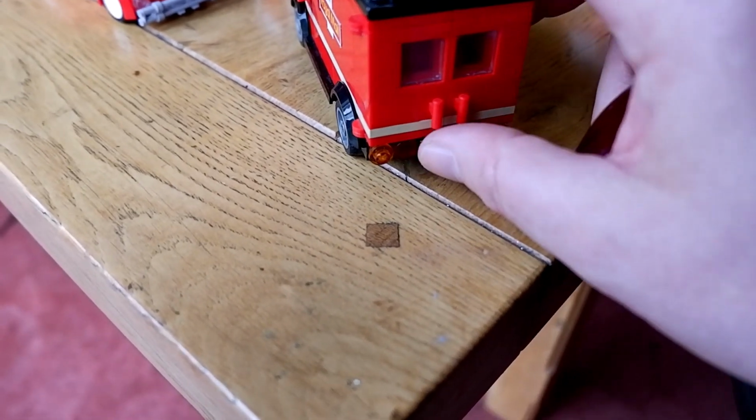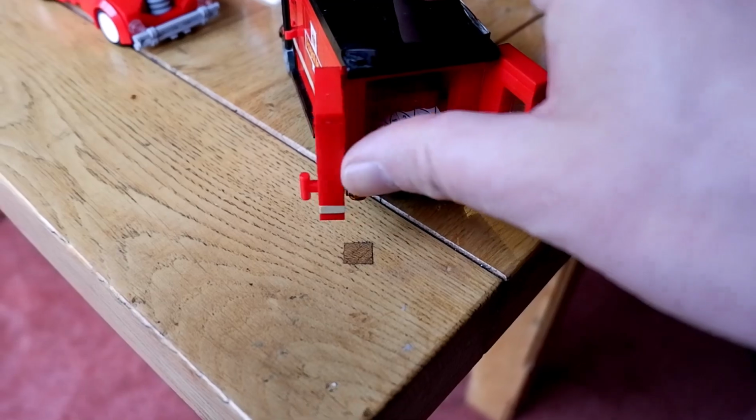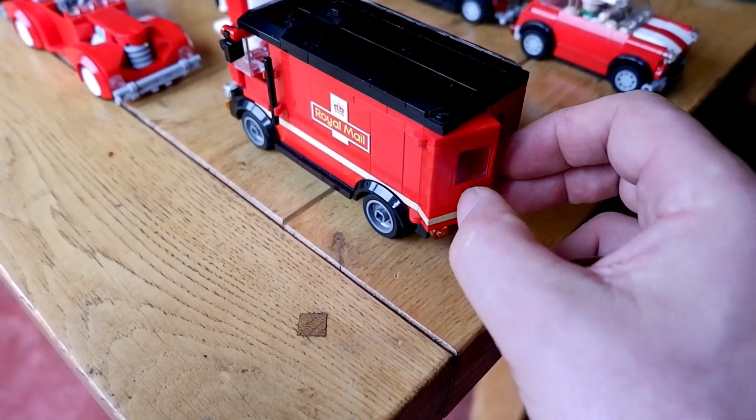And the other nice thing about this vehicle is that the doors are hinged at the back, and they fully open like that, which is a nice little detail, and I've actually used that idea on one or two of my other delivery vans that I've made,